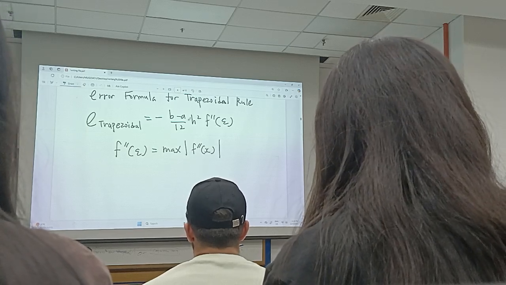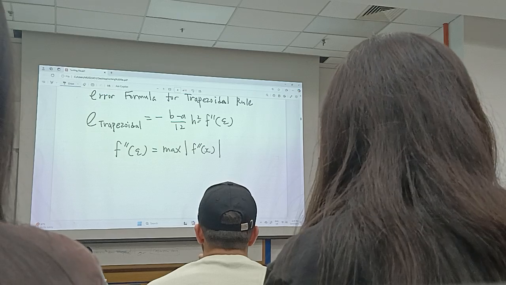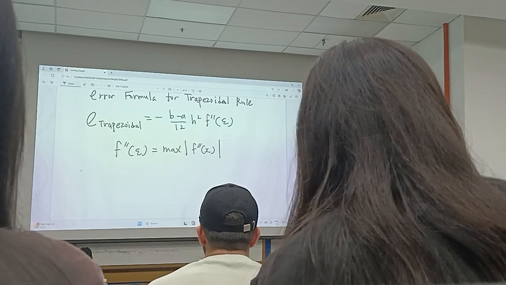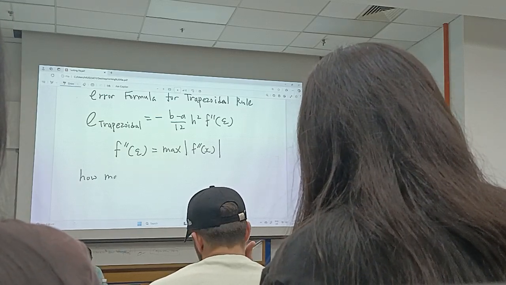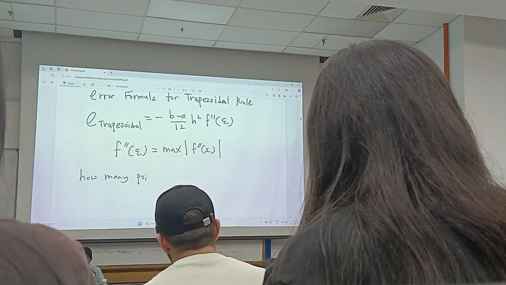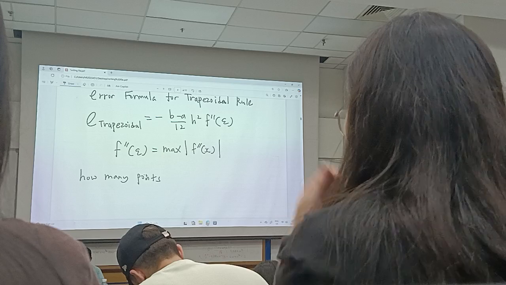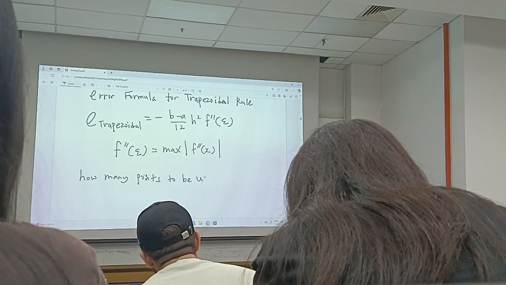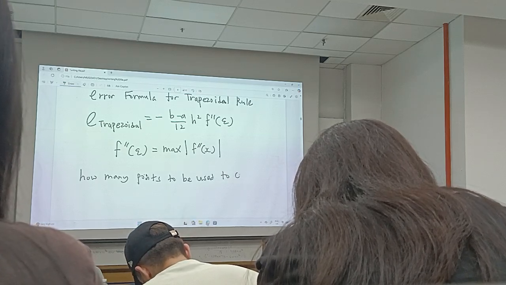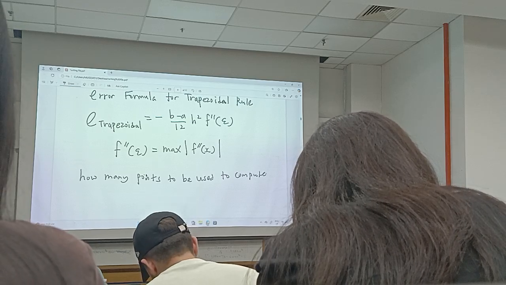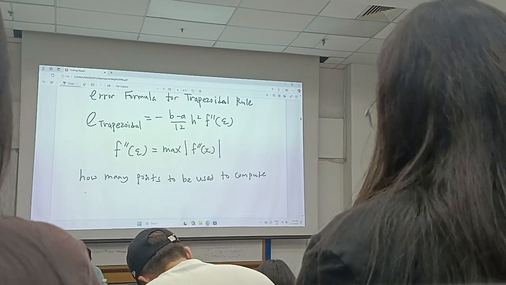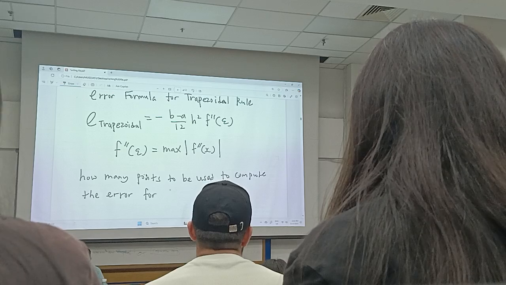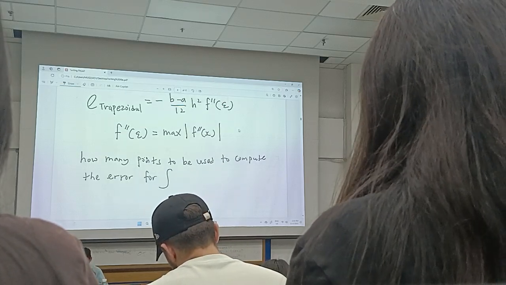Okay, so let's see how to apply this formula. Let's go into one question. Okay, let's go into one example. So this example asks you to find how many points. Just how I mentioned, sometimes the question will ask you to find how many points. Okay, how many points to be used to compute the error. So error for these integrations